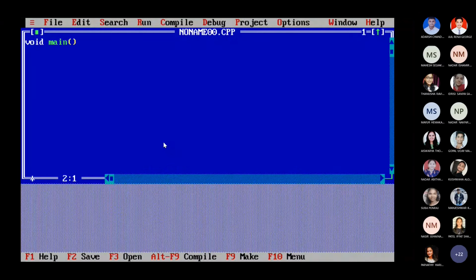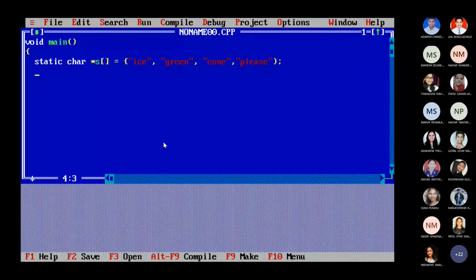So in main, what we have written here, first line is static character star s equal to the strings. This is your first line.